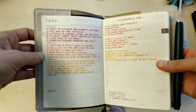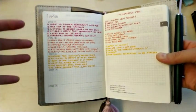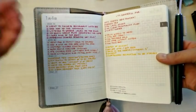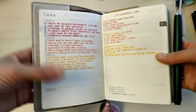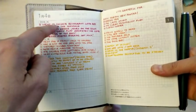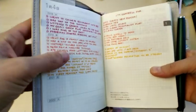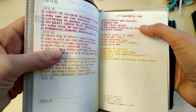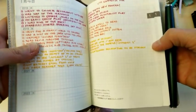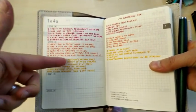The thing that's cool about this is that it's quite small because it's A6 size. You don't have a lot of space to write, which is great because that means you can easily fill it and feel like you've accomplished something and you're keeping up with it, and it only takes a minute. So on the left side of the page, I write down everything that I did in the day, or like the highlights of the day kind of. And then on the right side, I write down 5 things that I'm grateful for or that I particularly enjoyed that year. And as you can see, I've now started over again using it for the 3rd year,